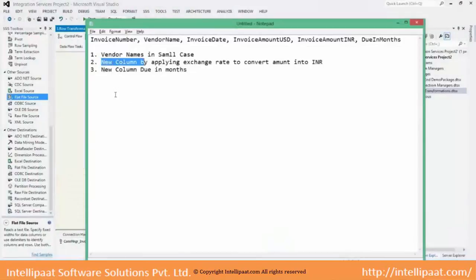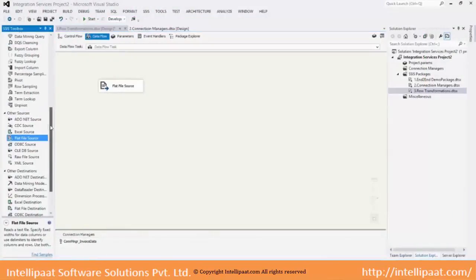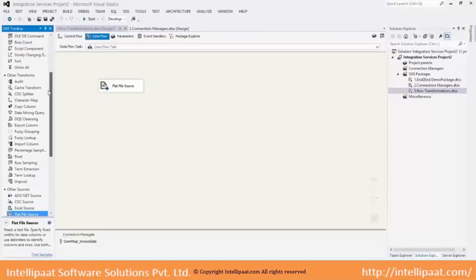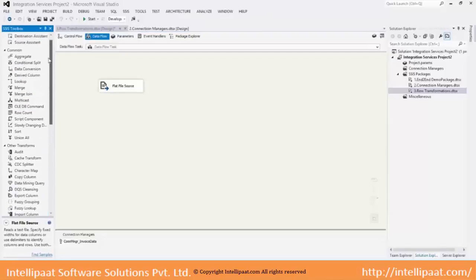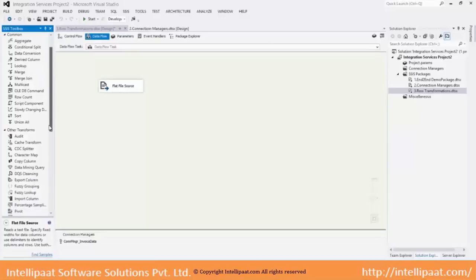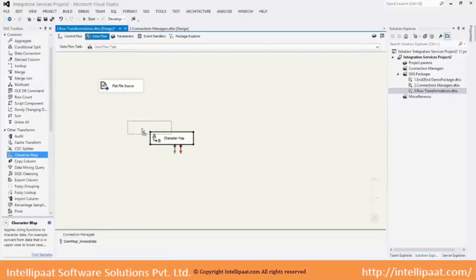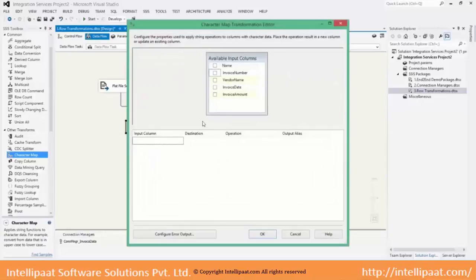Vendor names in small case. So for that, the transformation I have to use is character map. So we can map each character here. Every language will have two scripts.